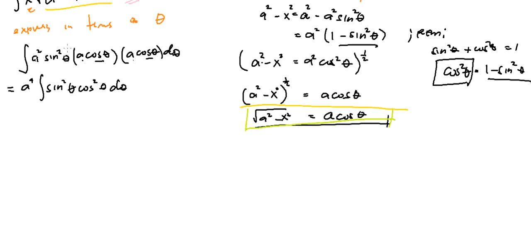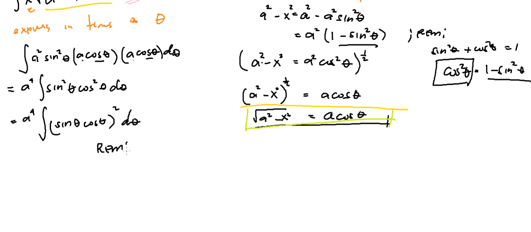we can now further simplify this to the 4th. So we have the fact that we can rewrite this as cosine theta squared d theta, right? But